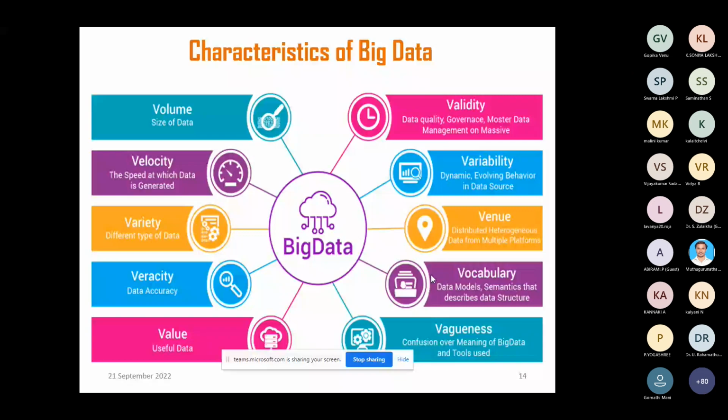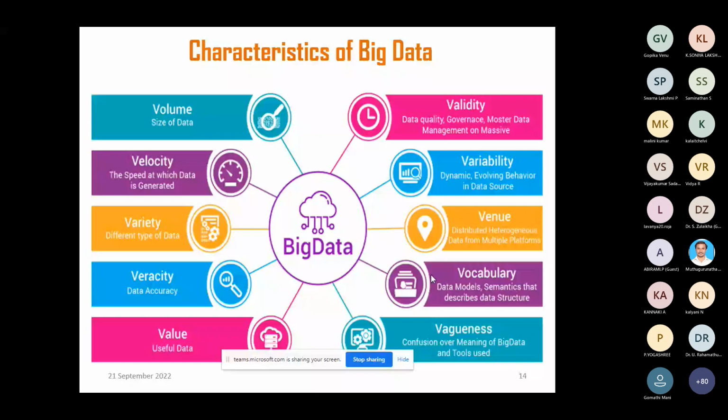Like ensuring the data quality, ensuring the data management with respect to such a massive volume of data, and the dynamic nature of the data, how it evolves, how it behaves. Dynamic behavior of the data is also taken into consideration. And of course, we may also use resources from multiple platforms, which means we may not be using only a homogeneous kind of network system to handle this. Of course, we may also make use of resources residing at remote places or a cluster of resources integrated together from heterogeneous sources, which is mostly distributed.